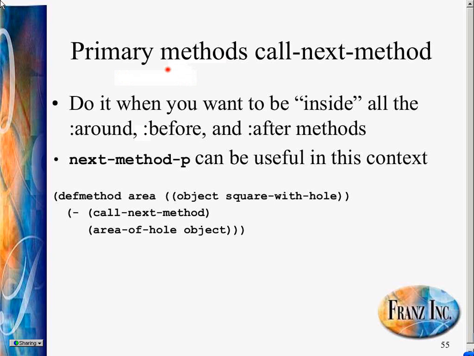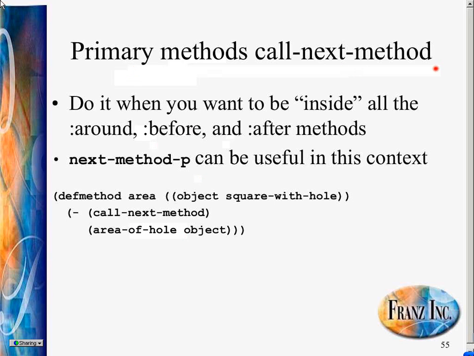So remember that we have various kinds of methods. We have what are called primary methods. We then have before methods and after methods. Before methods, if they exist, run before the primary method runs, and they go least specific first to most specific. The after methods go most specific to least. The around methods, an around method actually surrounds everything, and no other methods will run unless the around method